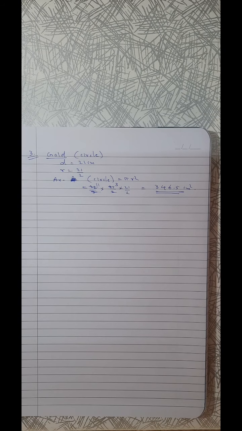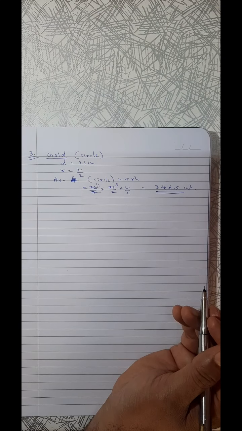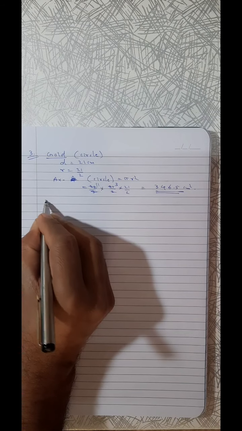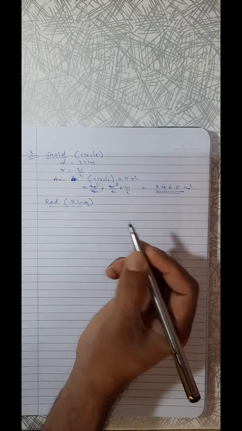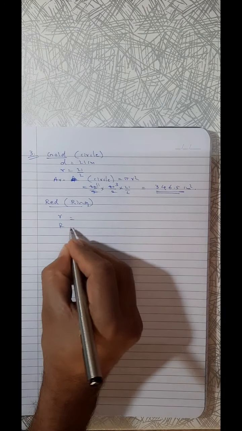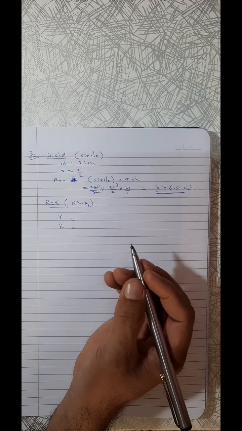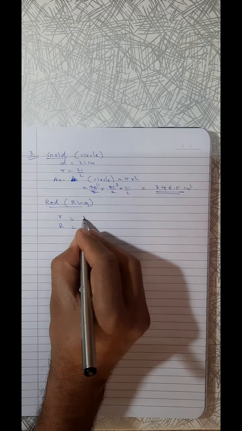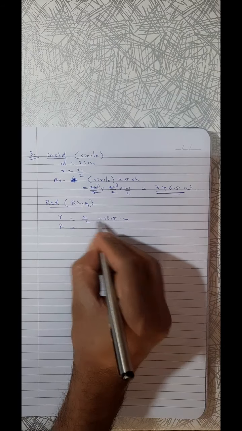Then, the diameter of the region representing gold score is 21 centimeter and each of the other bands is 10.5 centimeter wide. Find the area of each region. So the first region we already calculated, that is a circle. Now for the second region, we have to think about the red color. Red area means which shape? That is a ring only. Now if it is a ring, then we need a small r and a capital R. Small r means the radius of the golden region, that is 21 by 2, 10.5.